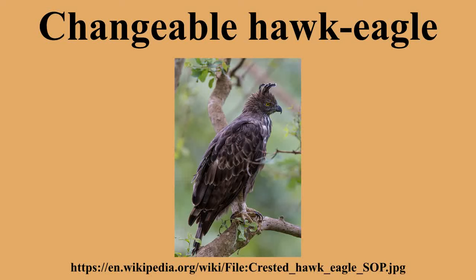Description: the changeable hawk eagle is a medium-large raptor at about 60 to 72 centimeters in length, with a 127 to 138 centimeters wingspan, and a weight ranging from 1.2 to 1.9 kilograms. It is a relatively slender forest eagle, with some subspecies being dimorphic, giving the name changeable. This and the complicated phylogeny further complicate precise identification.